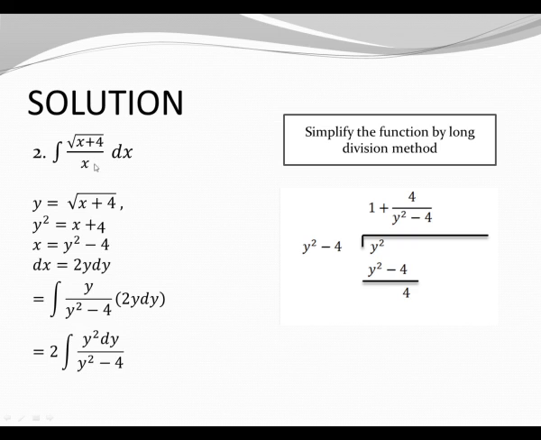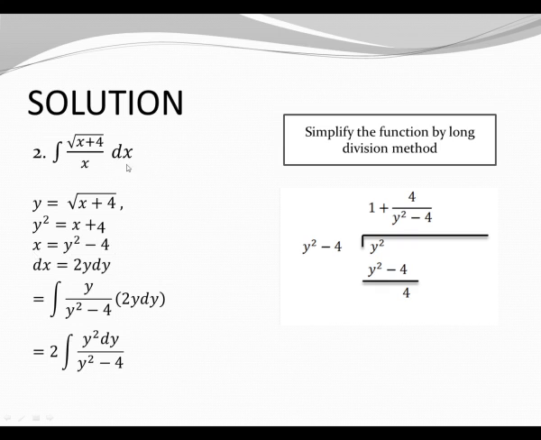But then again, we also have to replace the variable x here and the derivative of x with respect to y. In order to do that, from the given replacement, y equal to square root of x plus 4, we can find the value of x by removing first the radical symbol. To remove the radical symbol, all we have to do is square both sides. Then it becomes y squared equal to x plus 4. Then you can solve for x now. Transpose the 4, it becomes negative. Then the value of x here is y squared minus 4.